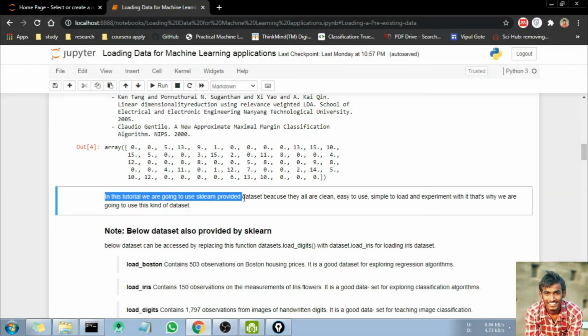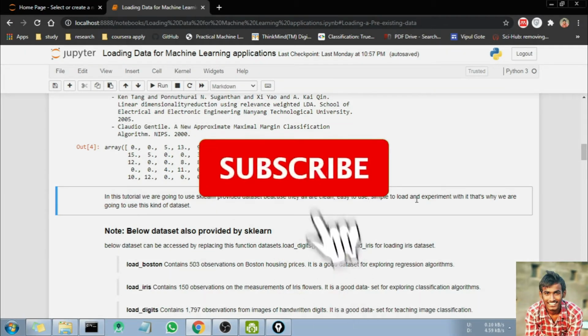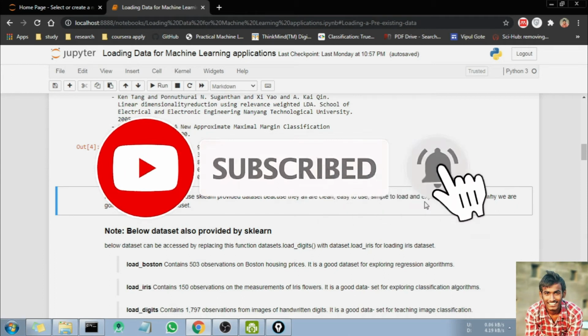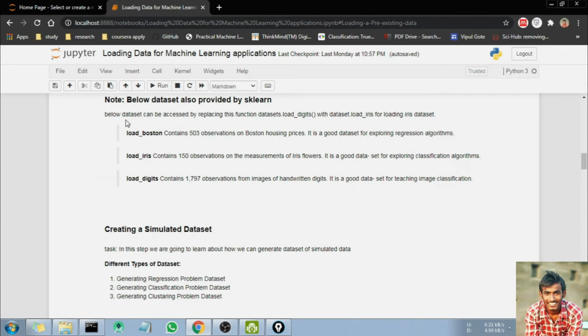Basically, in this tutorial we are going to use scikit-learn provided datasets because they are all clean, simple to load and very easy to experiment with for learning purposes.